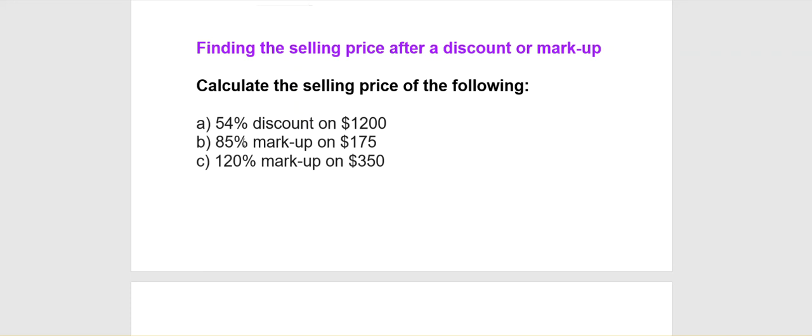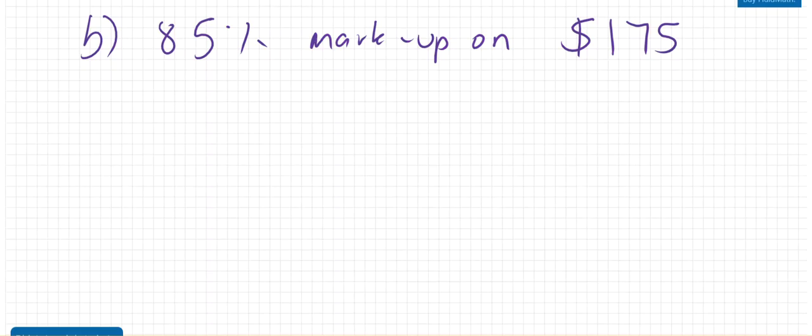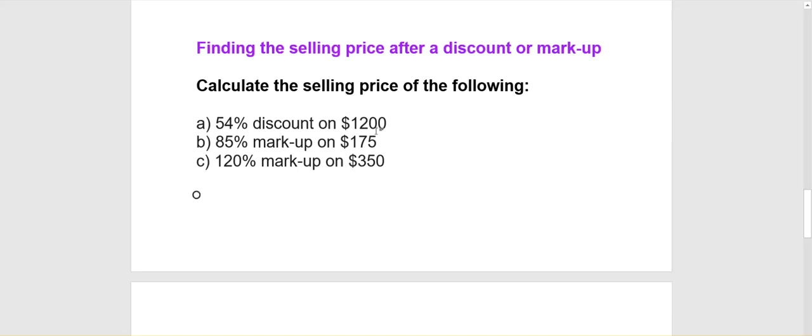Okay, B says an 85% markup on $175. Okay, it's not a discount, it's a markup. So this owner is going to be charging the customer more than what they bought the product for. So once again, we are doing the same thing. And before we do B, I just realized the question actually asked us to calculate the selling price, not just